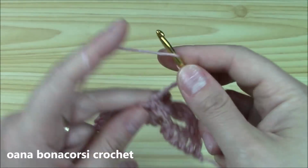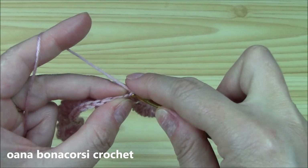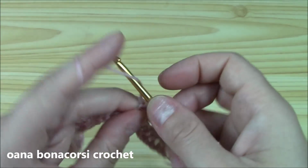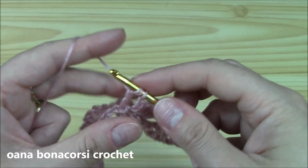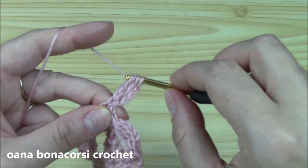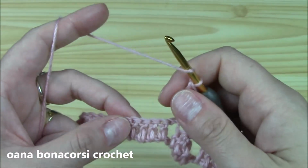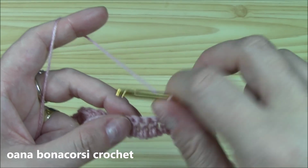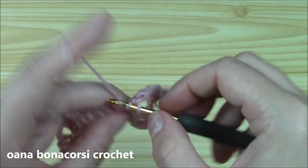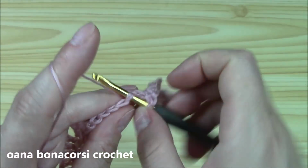Chain 4, yarn over twice, insert hook into your single crochet that you just did, pull up a loop. This is the very first triple crochet, and the second we have a chain 4 and 2 triple crochet for our cluster. And now yarn over, we will skip 1, 2, 3 into the next, work 1 double crochet and 4 more. So on our 11 double crochets of the previous row, we will work 5,